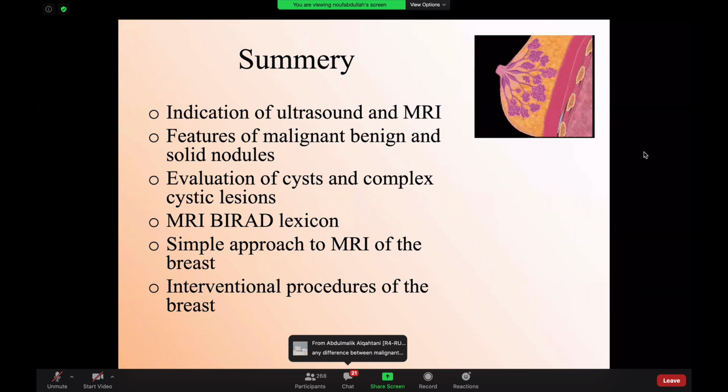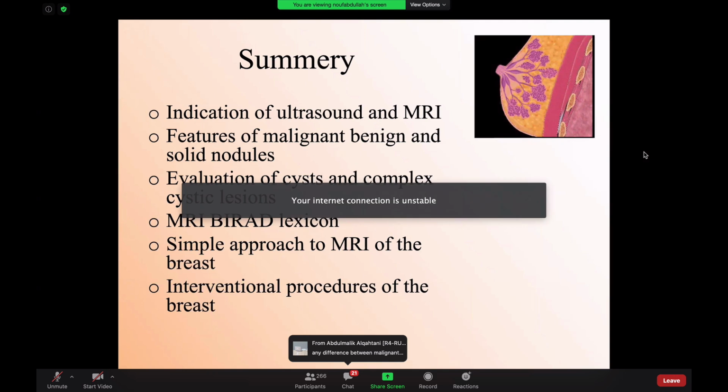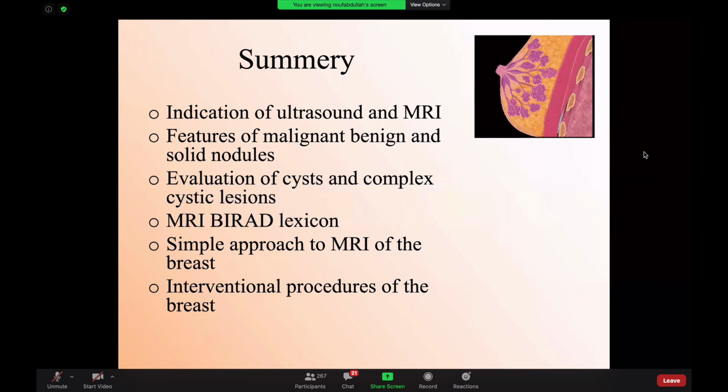About the elastography. Does it add much to ultrasound diagnostic capability? So elastography is helpful in differentiating, generally speaking, and this is where elastography came out, in differentiating between BI-RADS 3 and 4A. So it is helpful, but I would say that the specificity is very low. So I wouldn't use it except like at a resident level. I would be very careful in using it differentiating 3 and 4A.